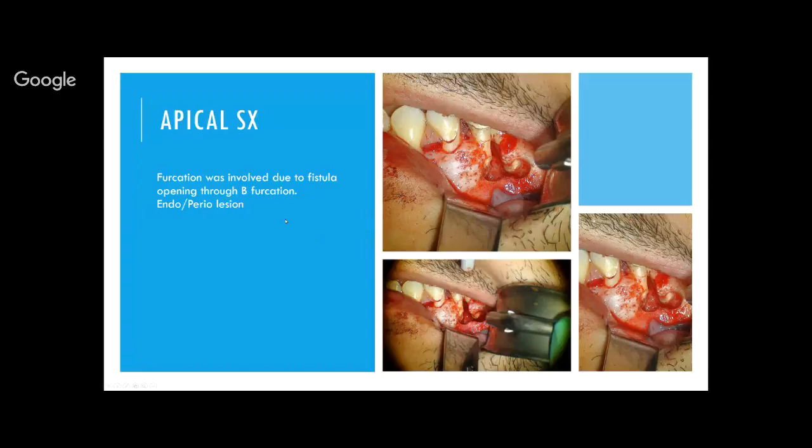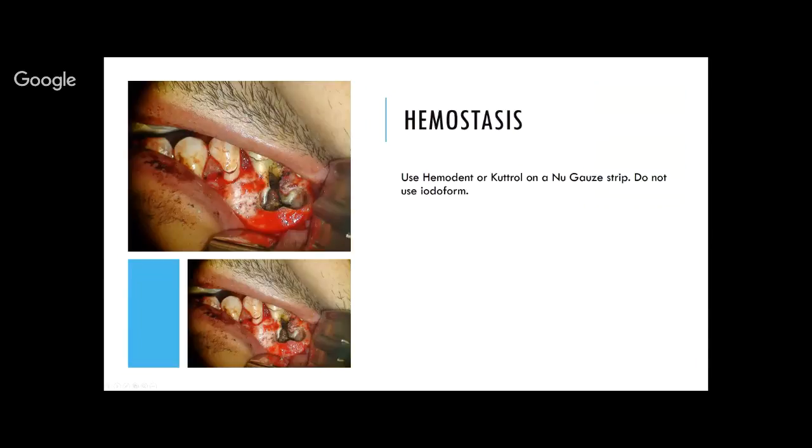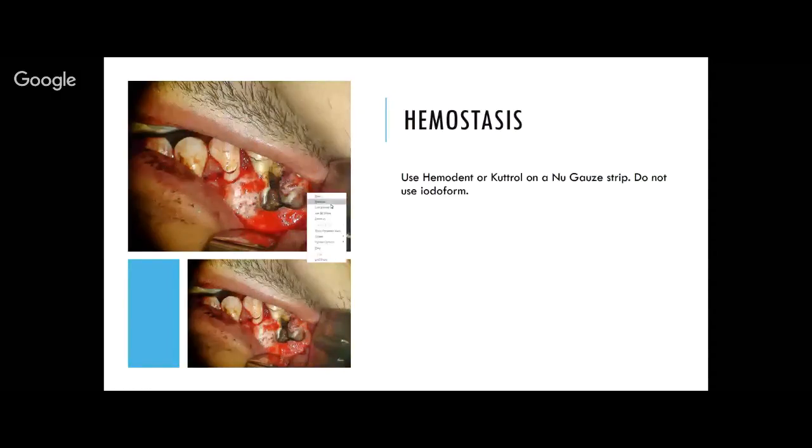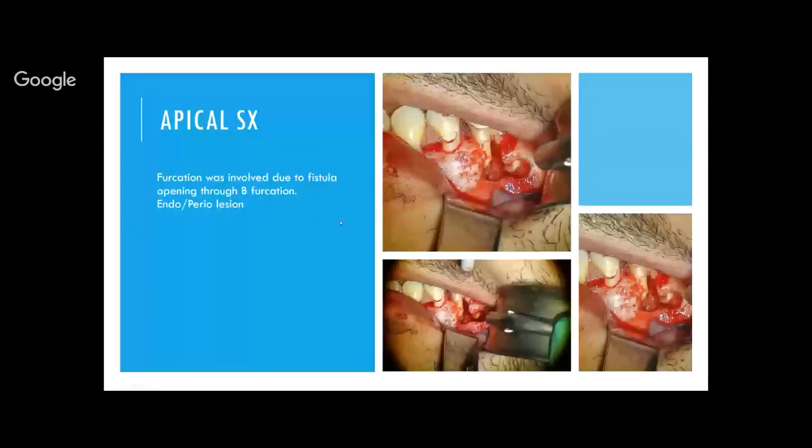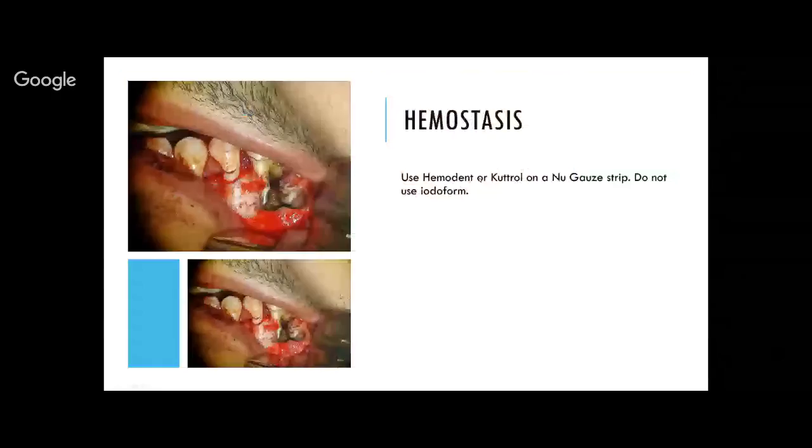To control hemostasis, to keep it as dry as I can, as shown here, I use two products. One is Hemodent, everybody knows about it, but that is for minor bleeding. For really strong control, there's a product out there called Cutrol. Not many people know about it,